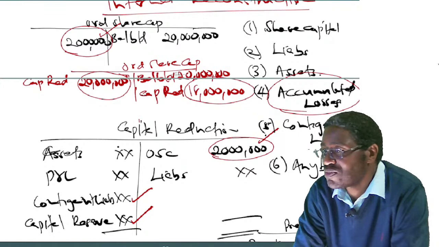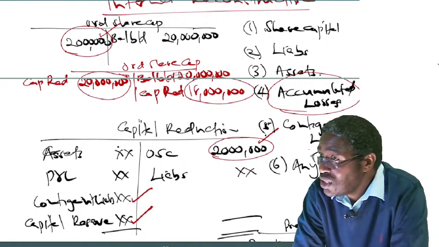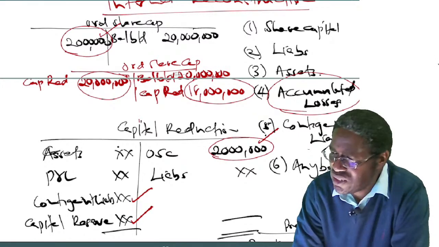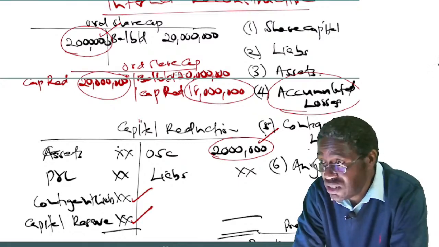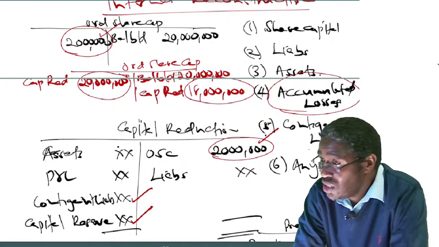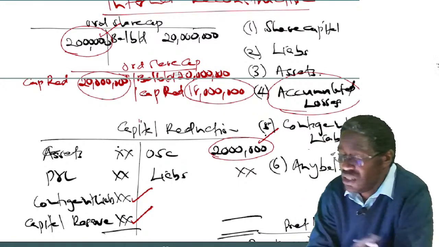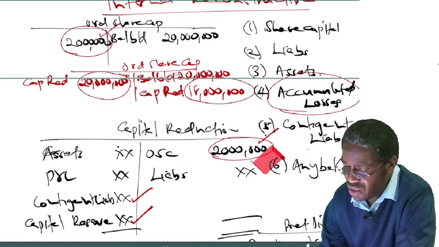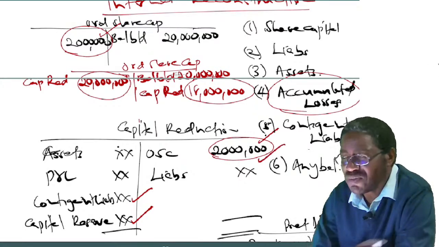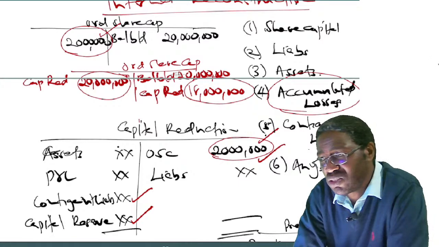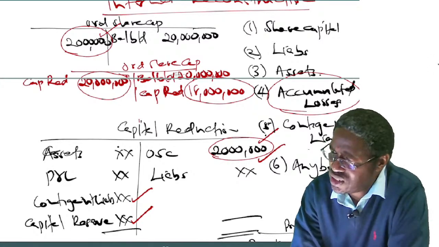Number 2, we said, with the amount written off on liabilities, whether debentures, creditors, and so on, we agreed. The double entry is you debit the liabilities and you credit capital reduction. That was number 2. So the question again is this.